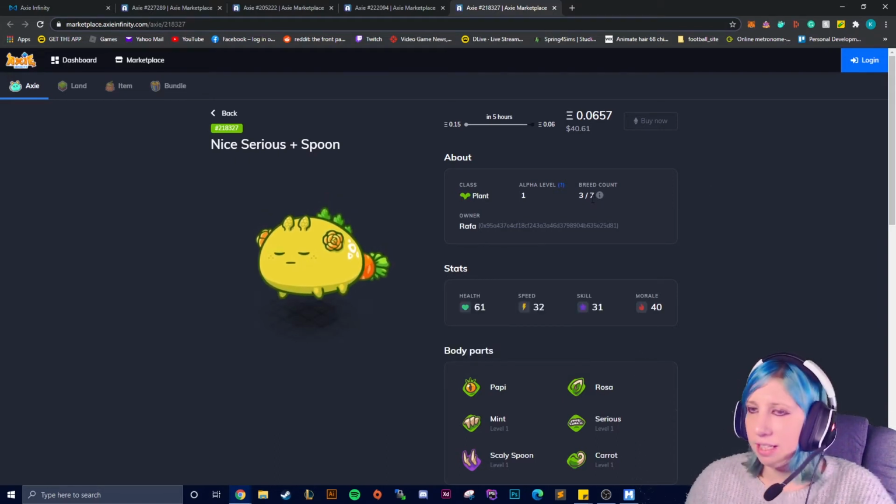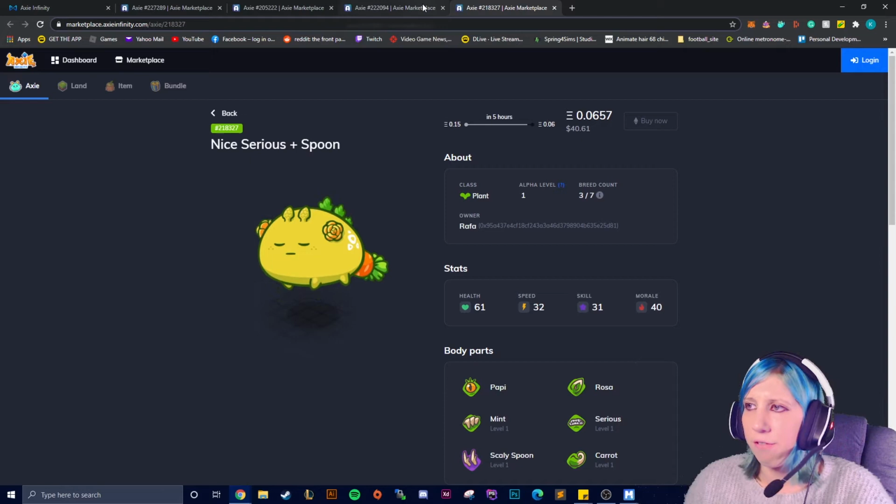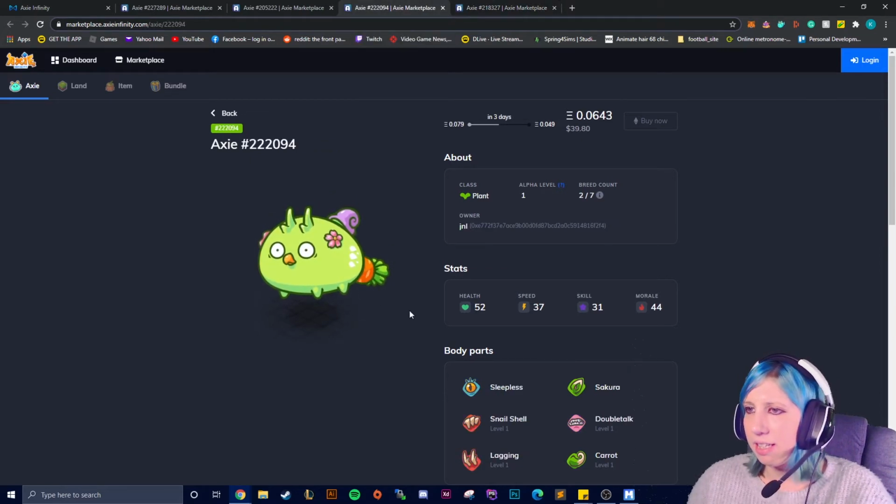Breed count 3 out of 7, definitely a little bit high, especially for $40, but this is a good Axie, so $40 for that one. Next tank,